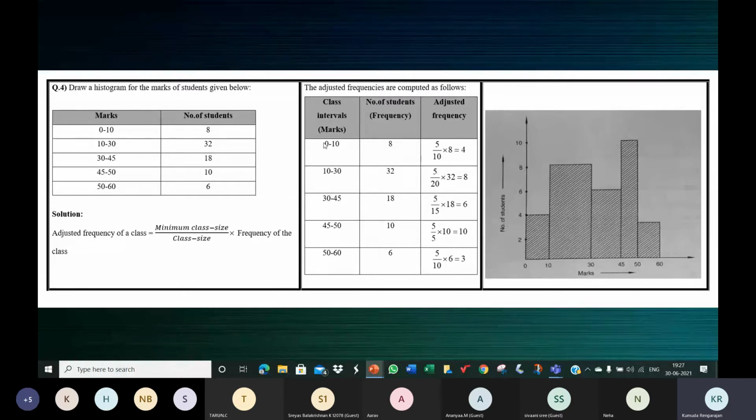I don't know if you remember the 7 I was telling you. So like this, see the 7 like this. Or in other words, you should take all the upper limits and the 0. The 0 here and all these upper limits. Like this, all these numbers. So they are the numbers which you see on the x-axis. You can see 0, you can see 10, 30, 45, 50 and 60. You can see only those markings on the x-axis. But it is done to scale. The marking is done to scale.